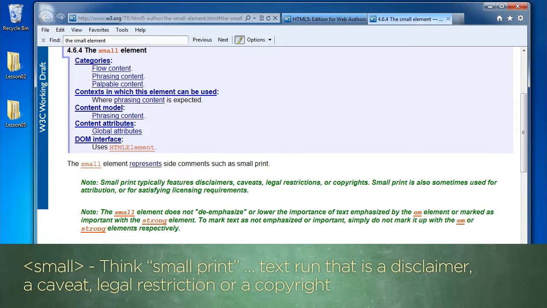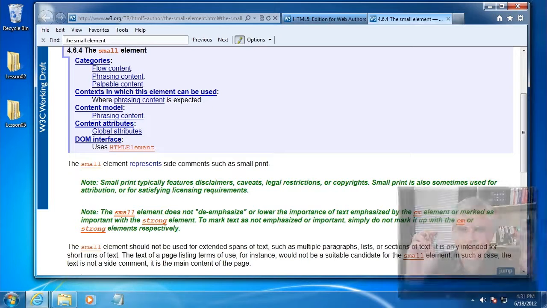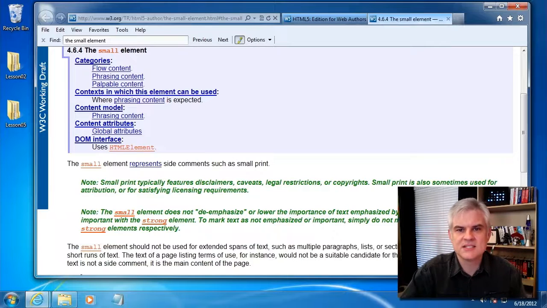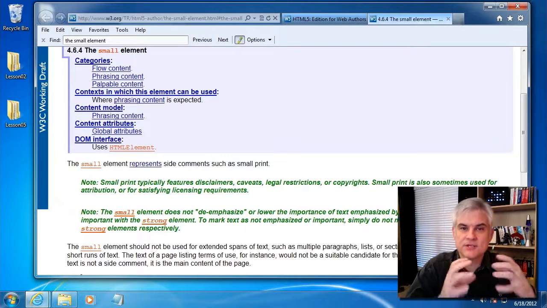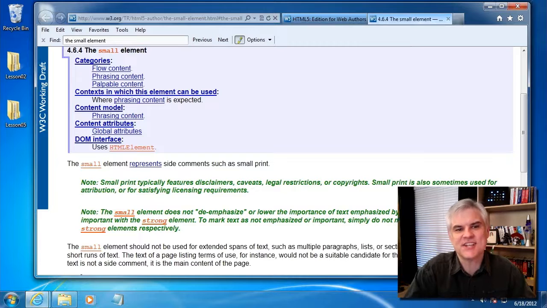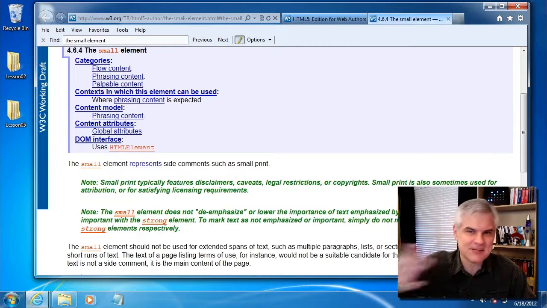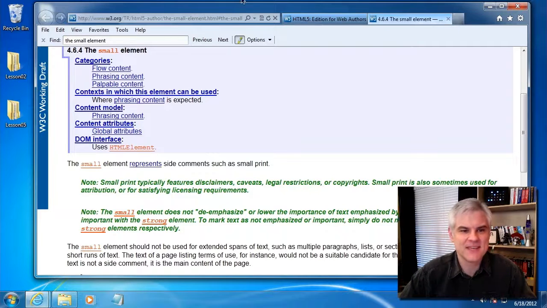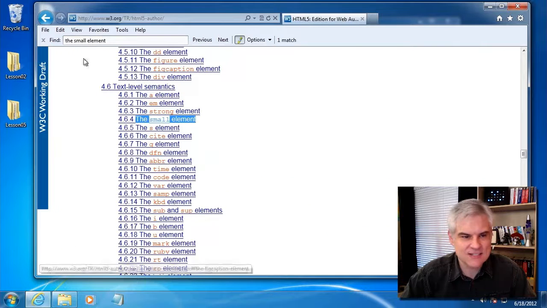All right, let's talk about the small element. Think small print, like in those car ad commercials, or some text run that's a disclaimer or a caveat or a legal restriction or even a copyright. Just to be clear, just because it uses the word small doesn't mean that it has to be presented using a small font. Again, think of the meaning of the term, not the presentation. That presentation is the job of cascading style sheets. All right, so we're going to compare that to,